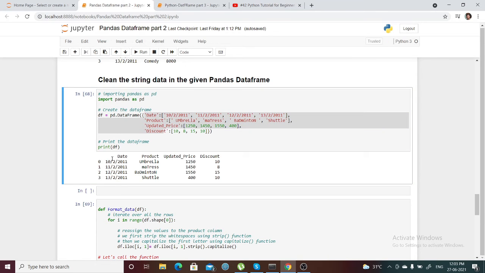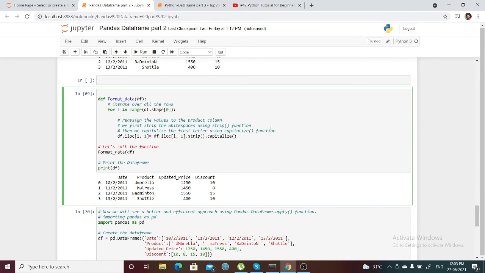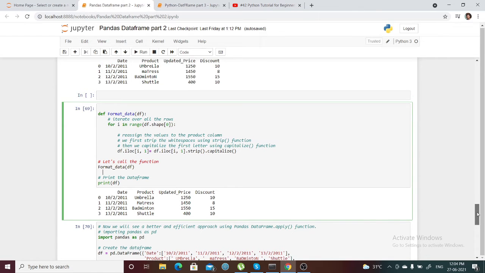This is the data frame as you can see, and I want to clean it. For the umbrella value and the others, the first letter should be in capital, but the remaining letters should be in small letters. I can create a function for whatever I need, and apply it to this particular data frame. So you can do it like that.